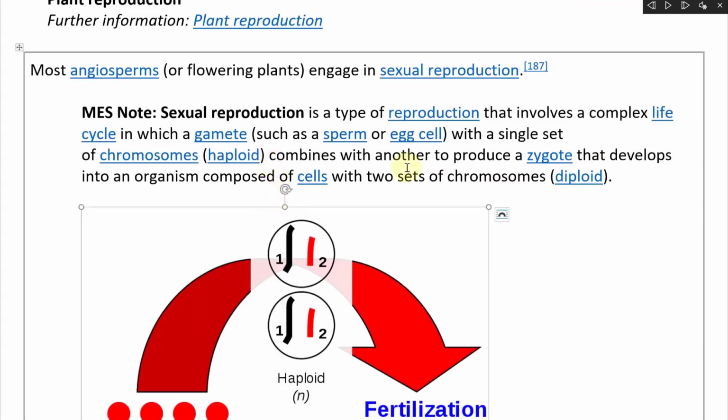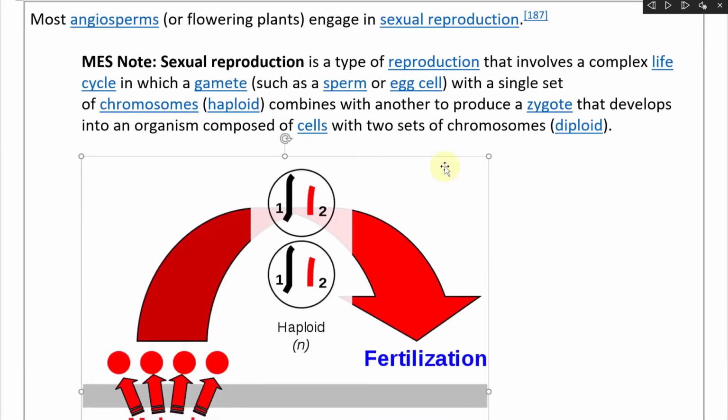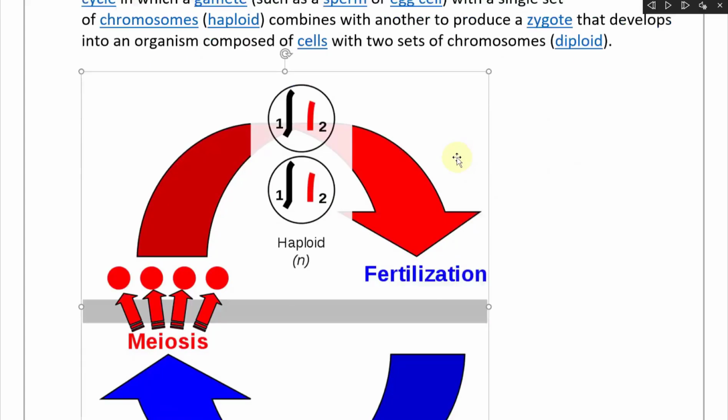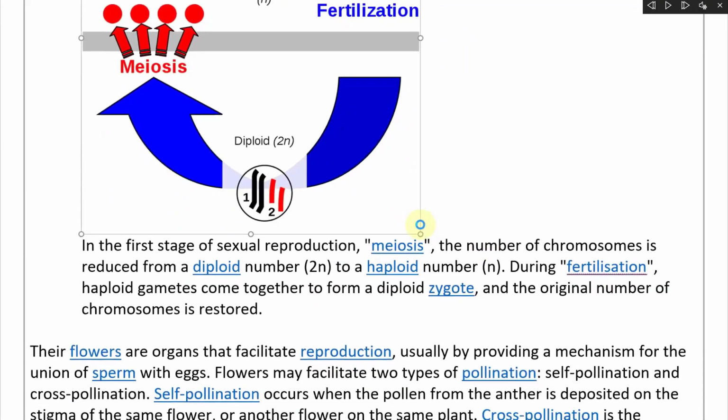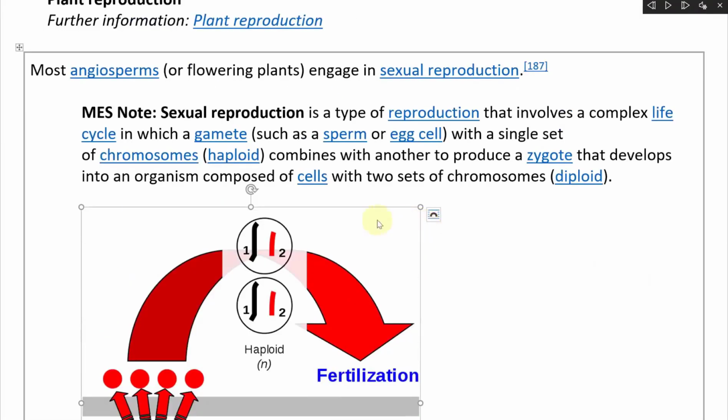which a gamete, such as a sperm or egg cell, with a single set of chromosomes called haploid, combines with another to produce a zygote that develops into an organism composed of cells with two sets of chromosomes called a diploid. So again, we've gone over this several times, but let's just go over it further and just drive that